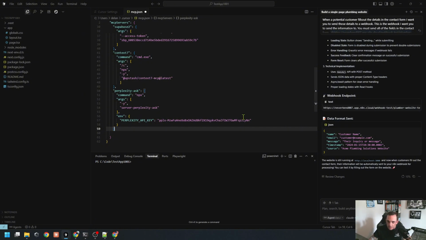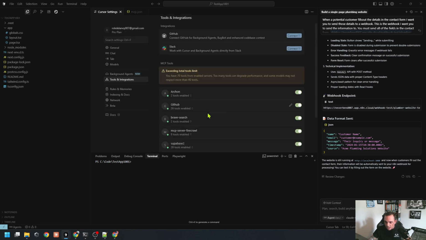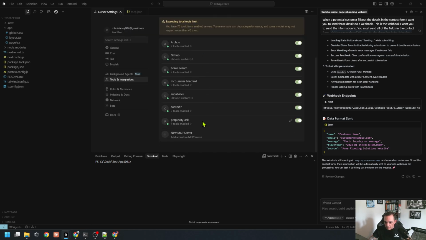So we save that file, and then we go back to our Cursor settings, and hopefully, there we go. At the bottom now, you can see we have added the Perplexity Ask. It has one tool available, which is Ask. So essentially,